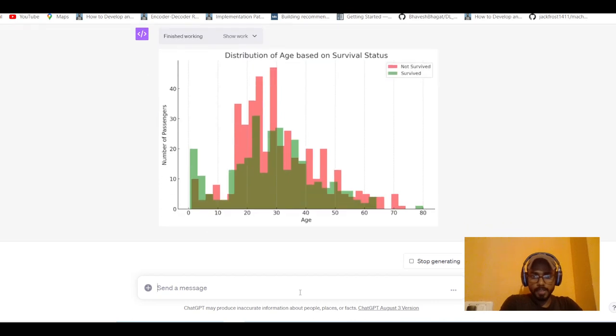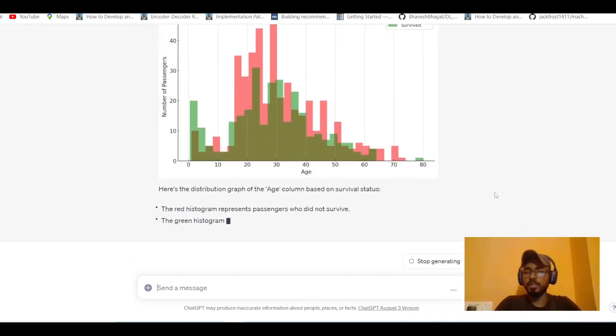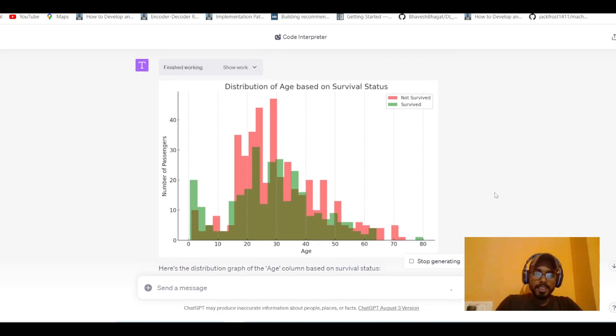So wait a minute. And this is the beauty. This is the beauty of code interpreter, right? So I am very happy and I love that code interpreter, right? If you are a data analyst, right, I am laughing because it's a very difficult graph, right? It's not very difficult, but it's common sense, or we can say of course it's a little bit difficult graph. And see the red color, or purple, whatever, indicates not survived, and